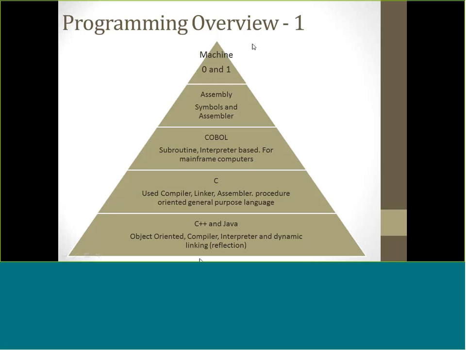So starting with the machine language, which was there in the early stage of computers, they could understand only 0 and 1. If you were writing a program, you had to convert everything into a 0 1 string, and the significance of 0 1 at that point of time was in terms of electrical voltage. There we used to have the punch card, and the computer size was almost equivalent to a room or a warehouse, and the output